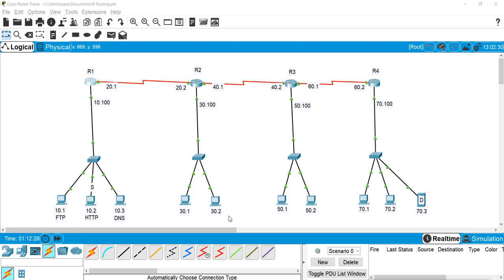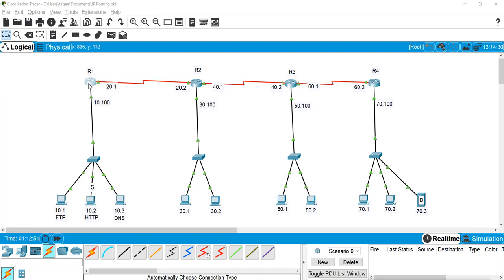Now when we see the design, these clients, if they try to go anywhere in the network, they will enter the router from this interface. That means we want to apply the list for inbound traffic to the router.